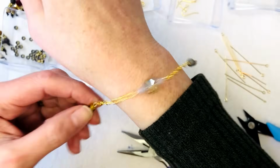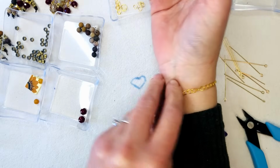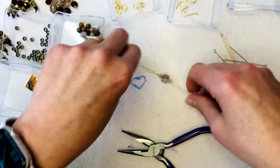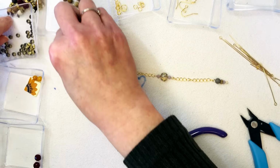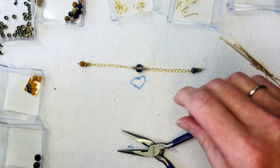Put that on my wrist, and you know what? Look at that. So with the clasp, that's going to be just about perfect. All right, so now we know how long we want the other one to be. So let's move all this over here. This is how long we're going to want that to be before we put our clasp on,